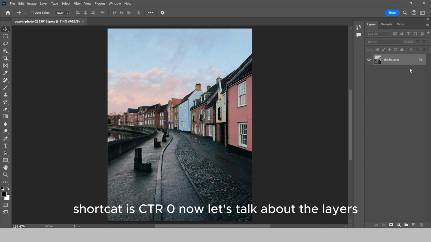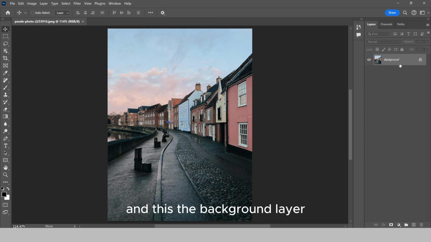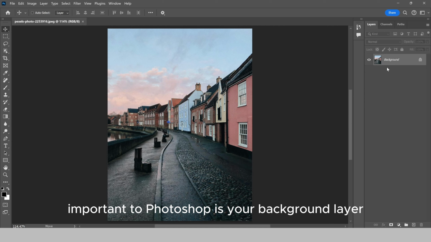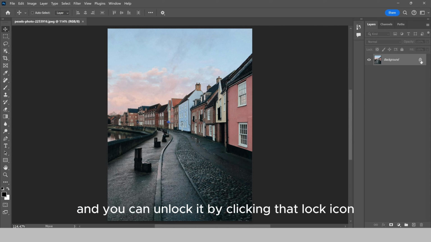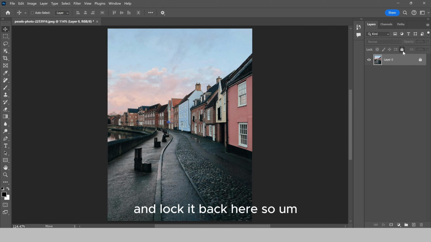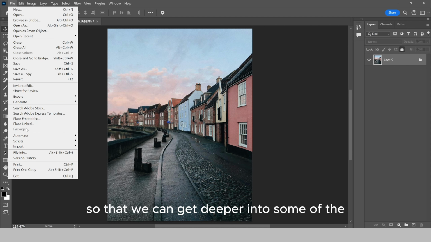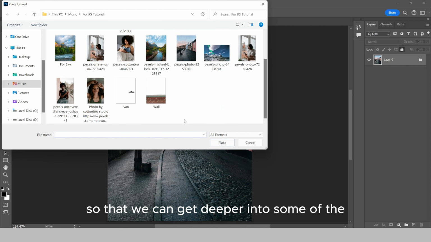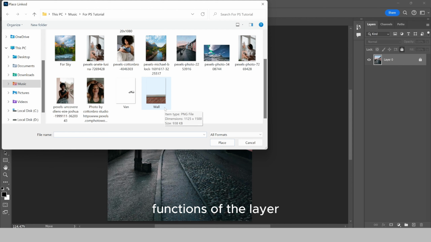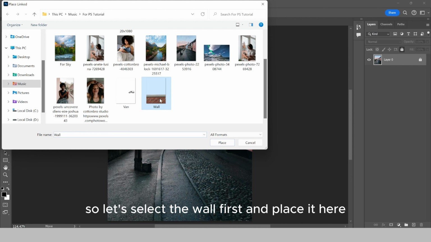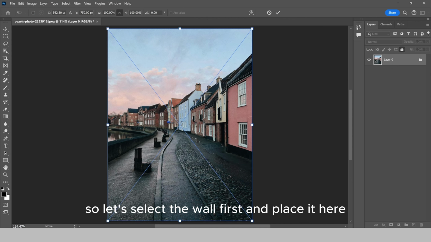Now let's talk about the layers, and this is the background layer. The first image you import into Photoshop is your background layer, and you can unlock it by clicking that lock icon and lock it back here. So let me place other images on it so that we can get deeper into some of the functions of the layer. So let's select the wall first and place it here,